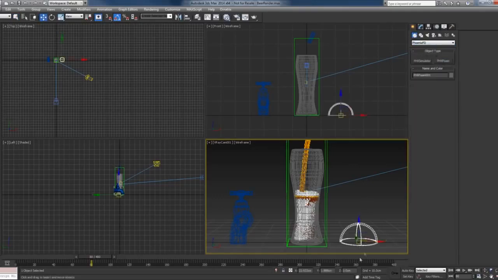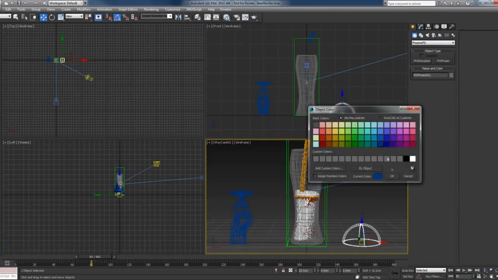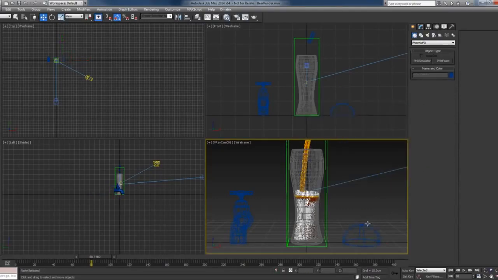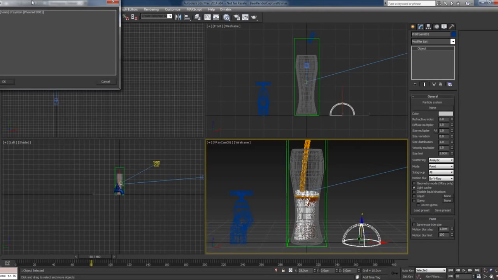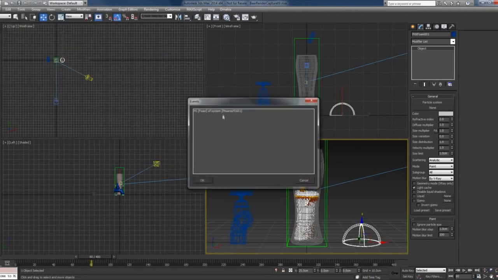So I'll create it here and place it right there, and I'll also color code this blue as all my other Phoenix objects, and link the bubbles to the simulator by pressing the none button, and then click on the simulator, and it will give us a list of all the available particle systems in the simulator, and we only simulated foam, so I'll just select